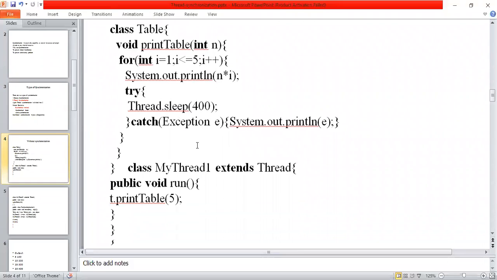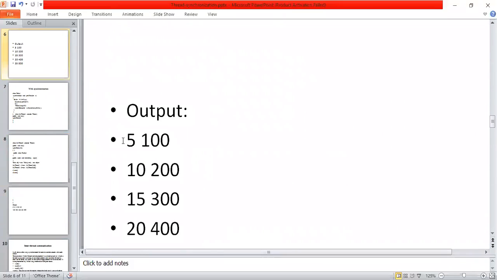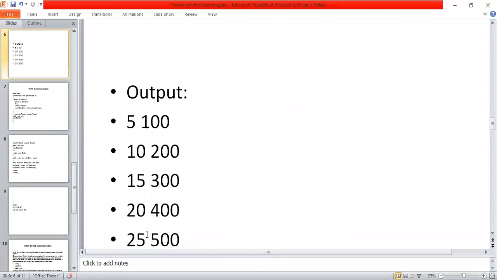Now observe the output. 5, 10, 15, 20, 25 are my first thread values. 100, 200, 300, 400, 500 are my second thread values. Actually, I want the output in the form of 5, 10, 15, 20, 25, then 100, 200, 300, 400, 500, but I call both the threads at the same time.